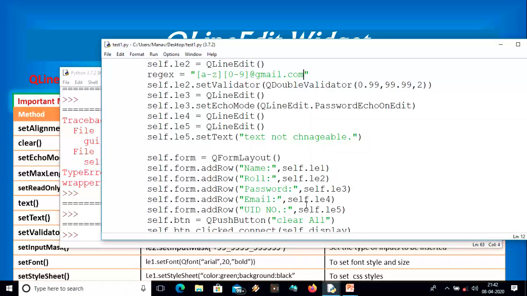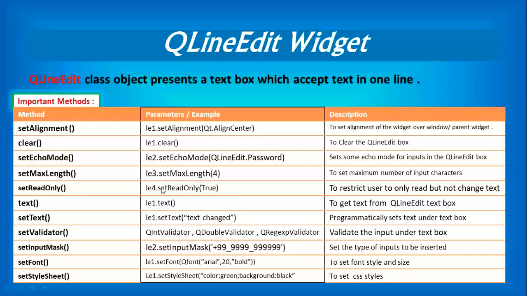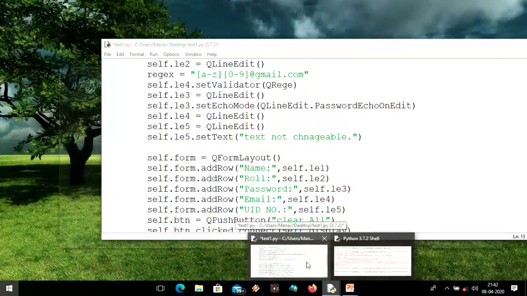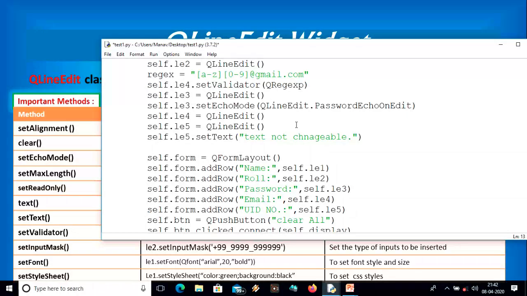Okay, so let me save this, and it will be applied to our email. Let me pass it to email, that means LE4. So let me change it to LE4.setValidator, and let me pass here the method name, QRegularExpression. Let me see here, that is very long, regular expression validator, and it is regexp validator. Let me come out here, and it will be regexp validator, and here under the parenthesis of this we'll pass our regex. Okay, it will show out like this. And now when we'll run this,